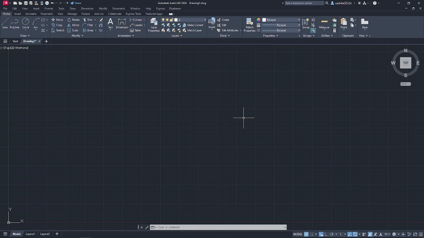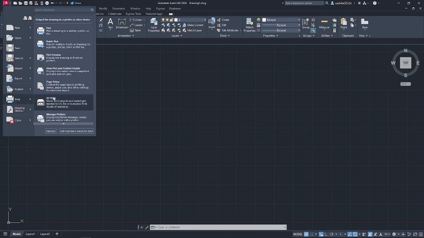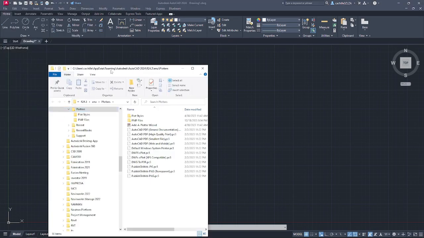In this practice, you will add a plotter configuration and then edit it to change the available paper sizes. In any drawing, start the Add Plotter wizard by clicking Manage Plotters in the application menu, Print. In the Autodesk Plotters window, a Windows Explorer window with the Autodesk Plotter folder opened, double-click on the Add a Plotter wizard